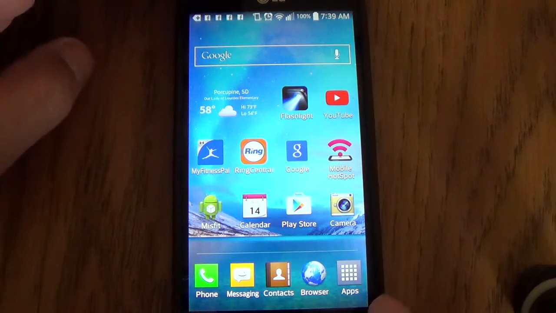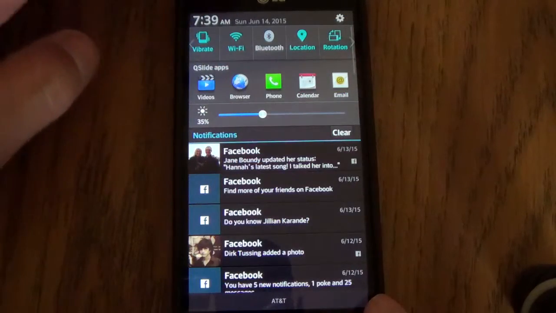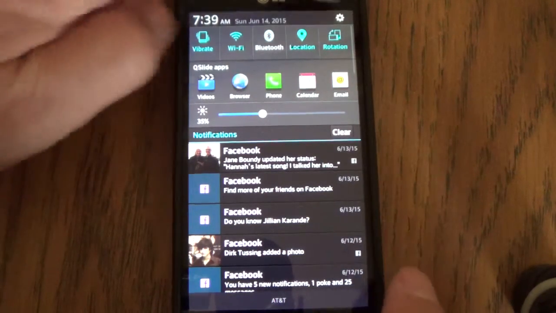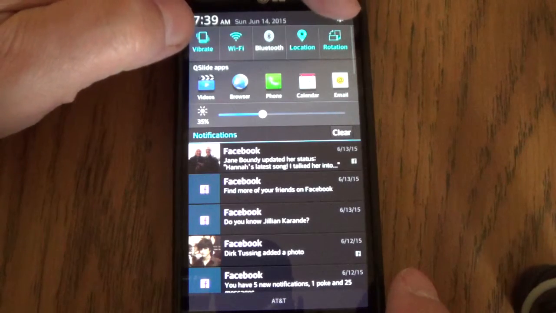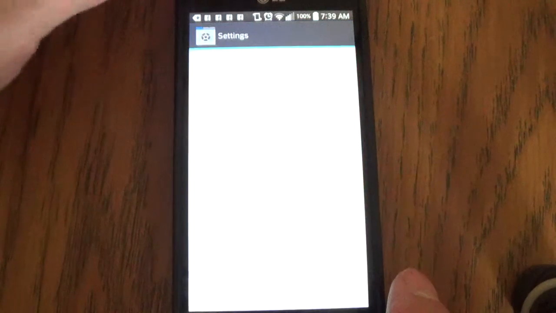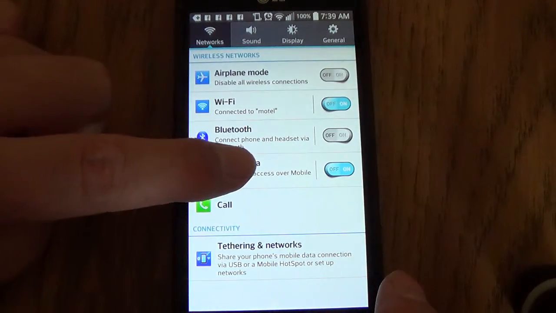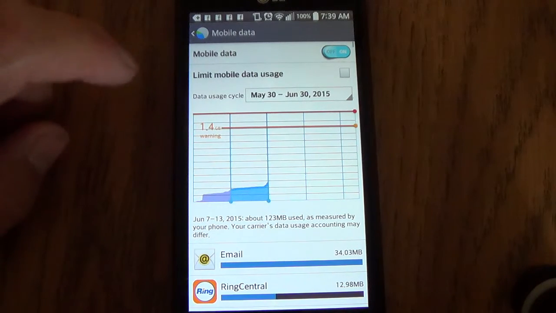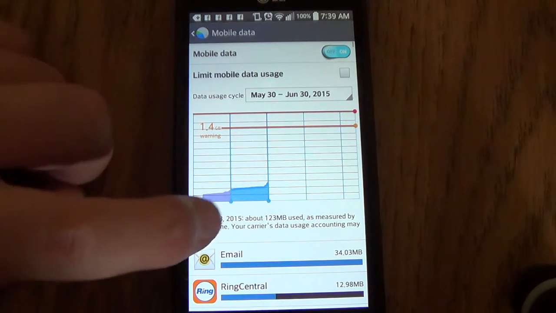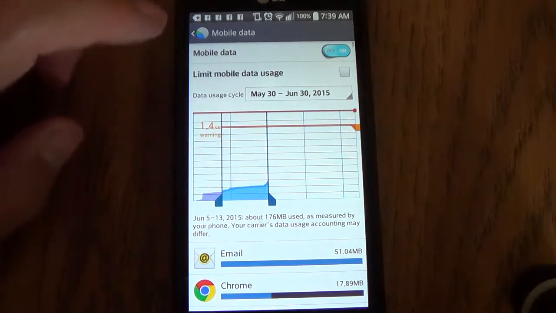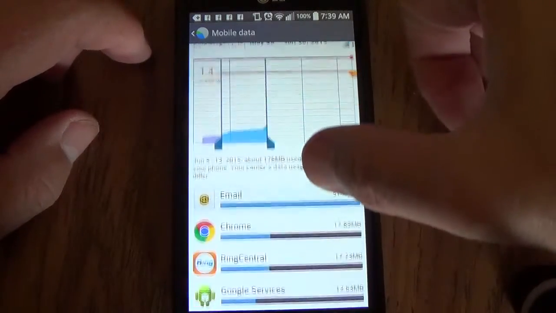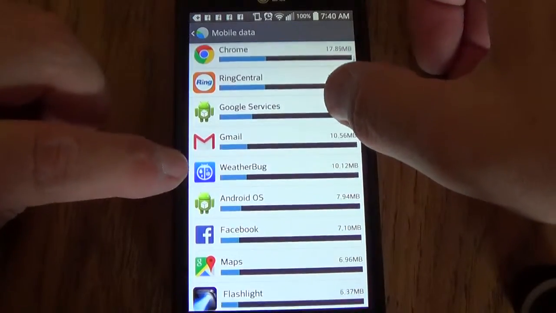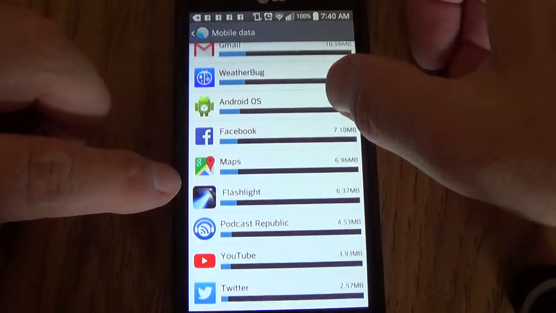So I was checking my bandwidth. I'm on an Android, so I can run my finger down from the top, then click the little gear icon, go into settings, then click the mobile data. And then this shows me my mobile data for the last basically day or so. And if I look, email's using up the most, which is understandable. So I got email, Chrome, RingCentral, Google, WeatherBug, all things that I'm familiar with, Maps, and look at this,